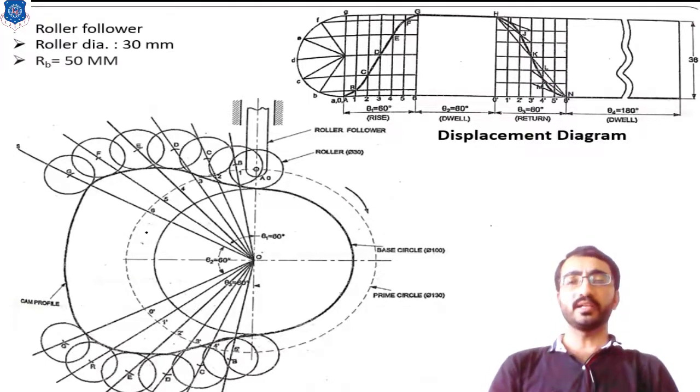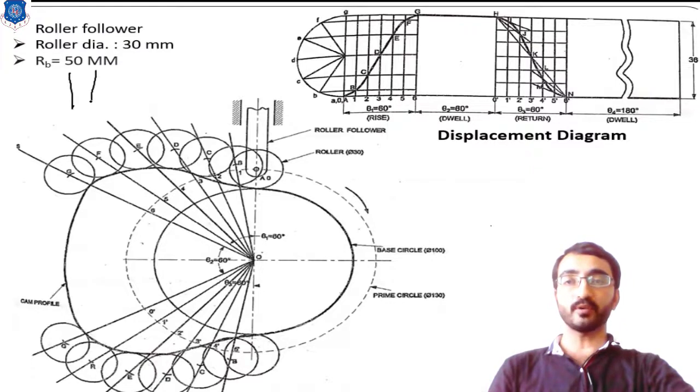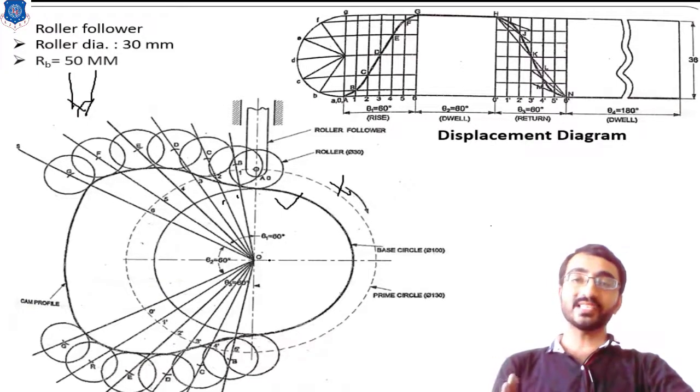But be careful over here. If you notice, the only change between the knife edge type of follower and the roller follower is this: if you are using a knife edge type of follower, then in that case you don't need to sketch this prime circle. You will divide the base circle into 6 equal parts, take a reference point on your base circle, make an arc on that radial line from this base circle, and you will join. The only change in the roller type of follower is that you have to plot this prime circle.